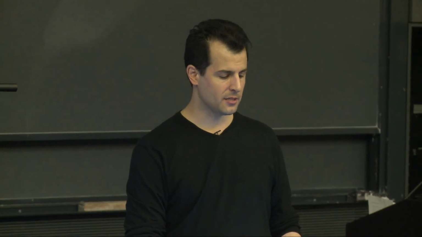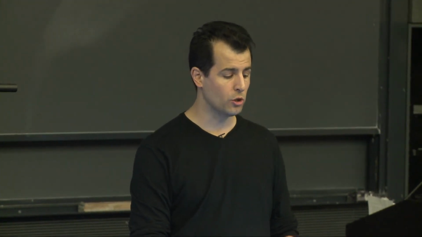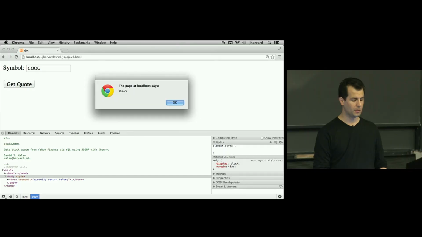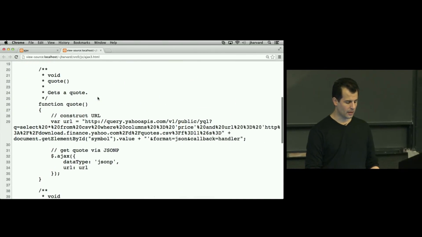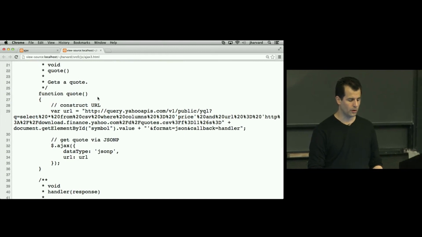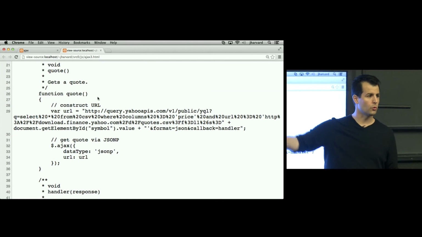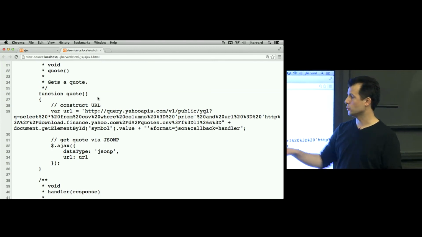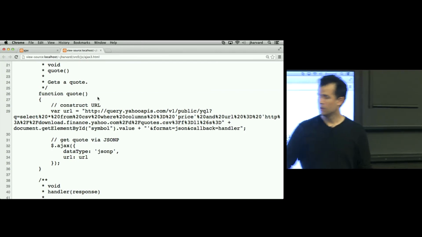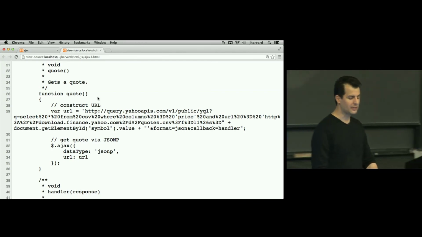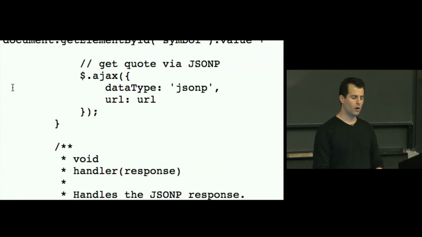So our last touch to this Ajax example, which still works the same, Goog, pops up the $800. If I view the page source, notice that I can now simplify my code as follows. I'm still using this longer URL, but that's just so that I'm avoiding the same origin issue. I could change this back to quote.php. Here is how in jQuery I can get a quote. I call